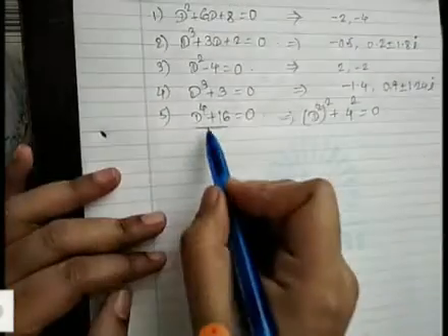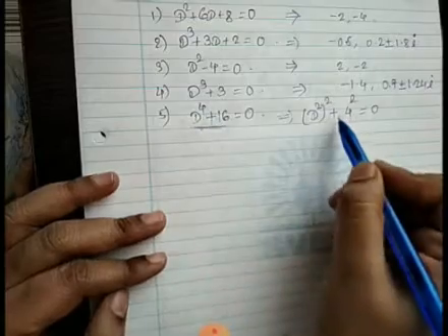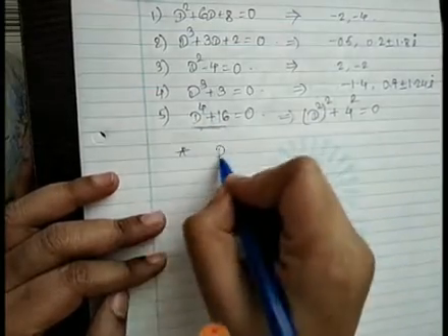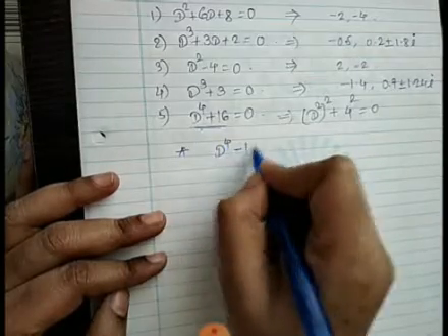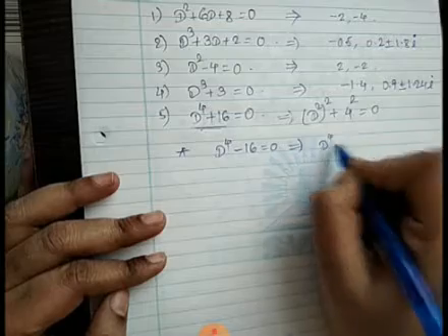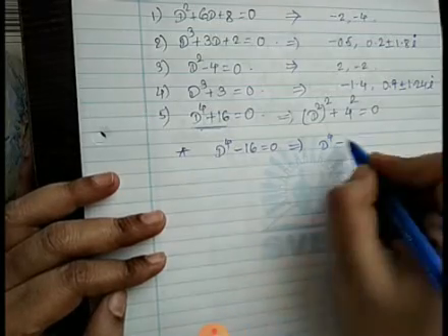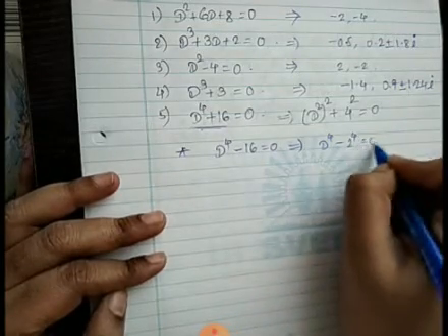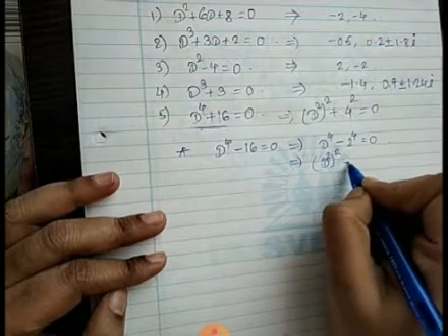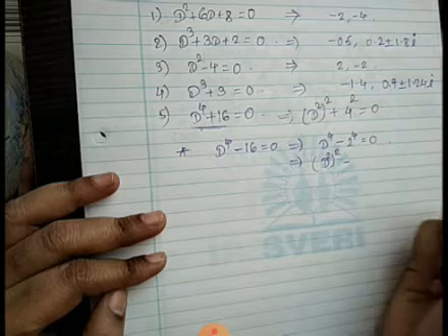So here, if there is a negative sign, we are able to do that. Likewise, if the example is d raised to 4 minus 16 is equal to 0, then we can write d raised to 4 minus 2 raised to 4. Right? That is (d square) square. I told you yesterday itself, na?